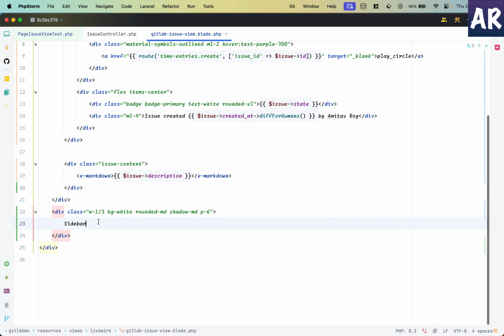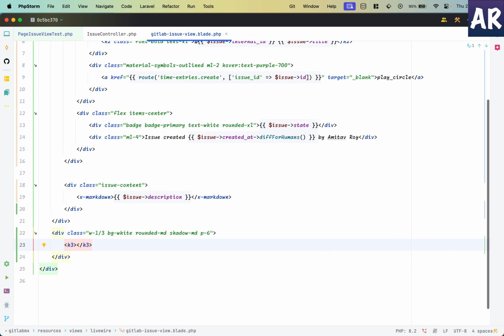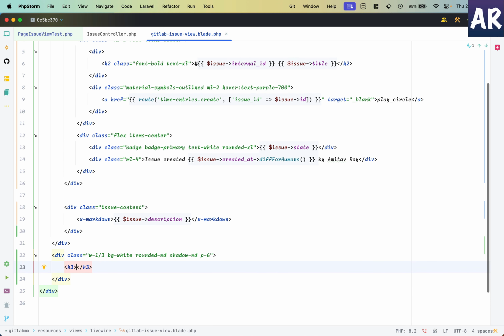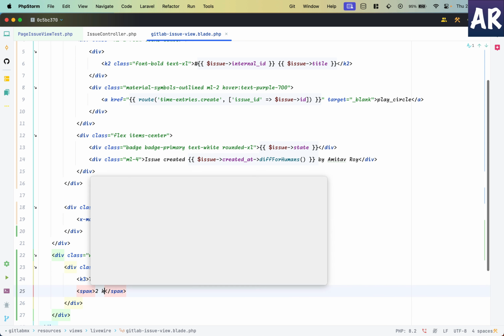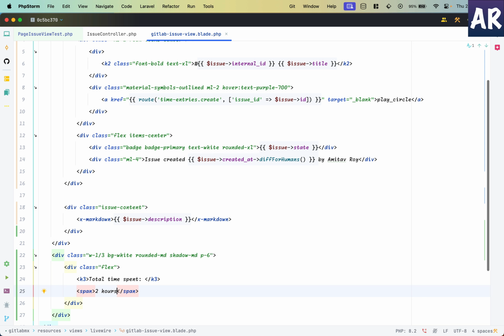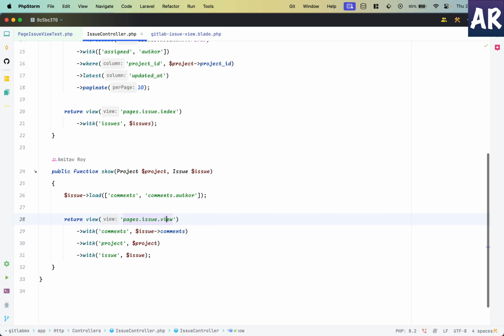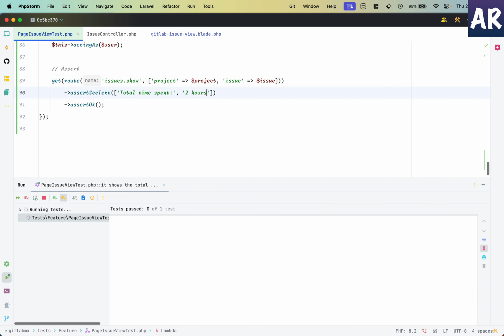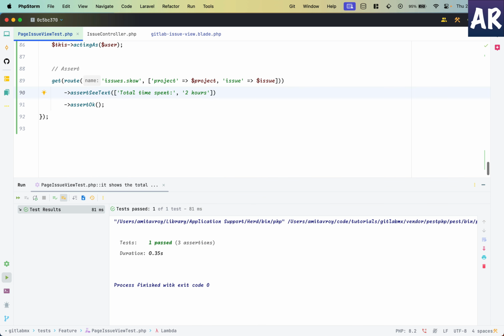Well, I can do something like this, and I'll look at the markup, the styling, later on, but what I'm expecting is something like this. So if I go to my test over here, ideally it is passing,